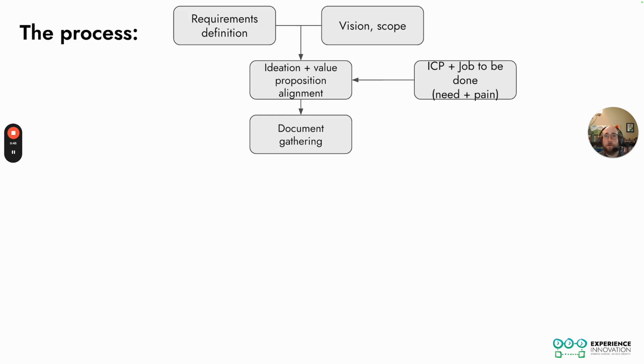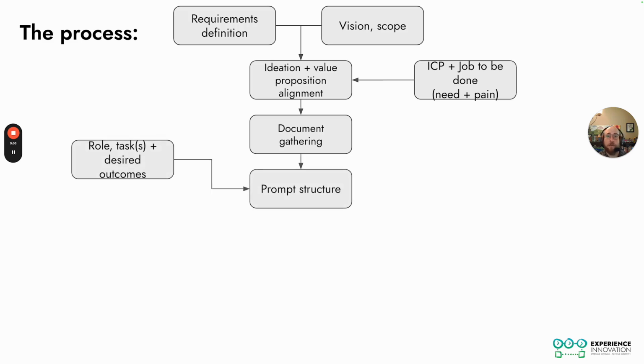just in a process document or a sticky note document that said, here is each of the steps that we're thinking about in that process. From there, it was about designing and creating our prompt, and we'll take a look at how we structure our prompt here in just a moment. But this was about thinking about the role, the task that we wanted the AI to complete, as well as our desired outcomes. From there, it was a matter of engaging in the prompting, and this was a back and